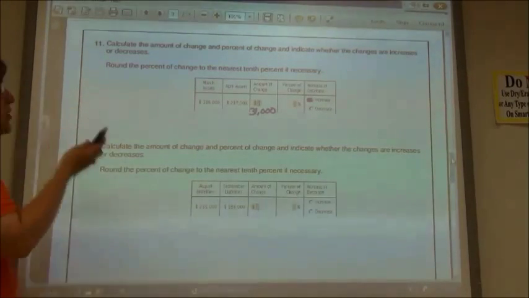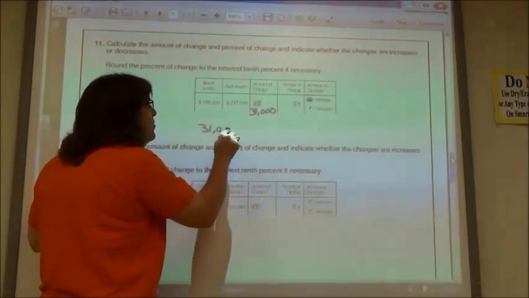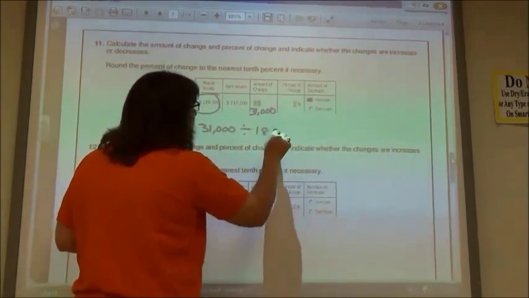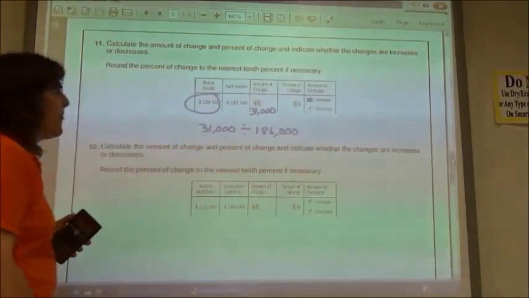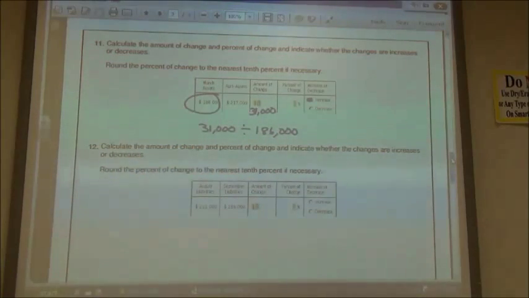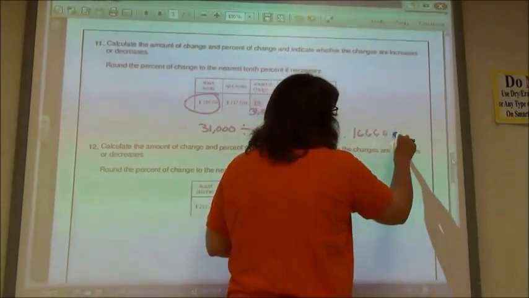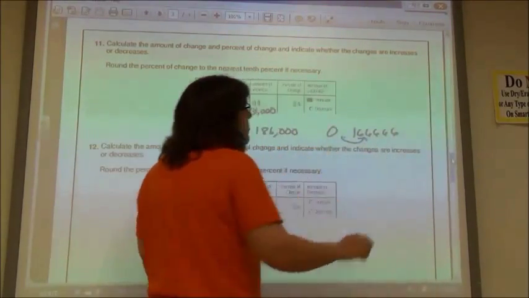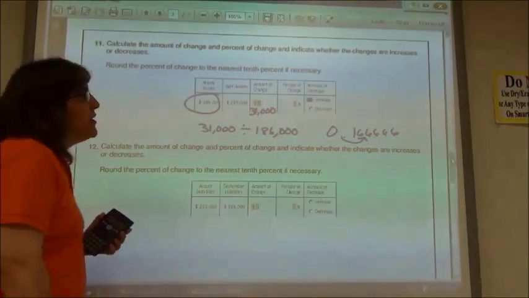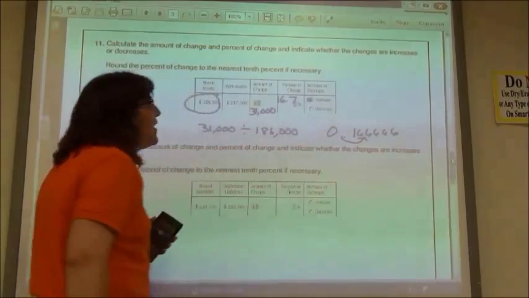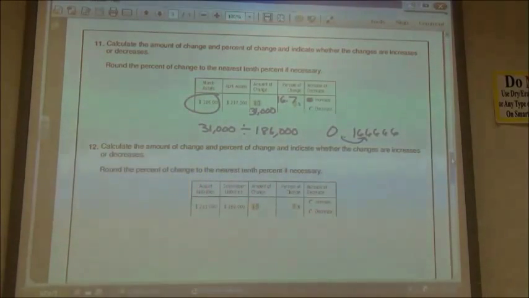To find the percent change, I'm going to take my 31,000 and divide it by what it started at. In March, it was 186,000. So 31,000 divided by 186,000 gives me 0.166666666. So changing it to a percent, move it 2 places, round it to the nearest tenth. Since there's a 6 behind there, I have to say 16.7 is what my answer is to the nearest tenth